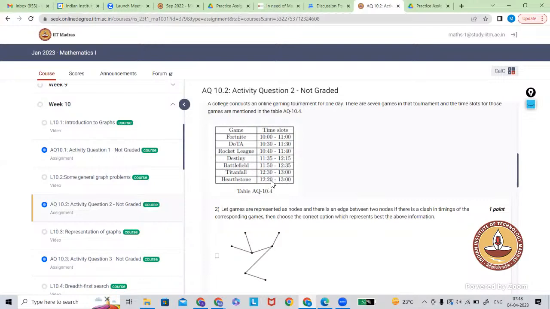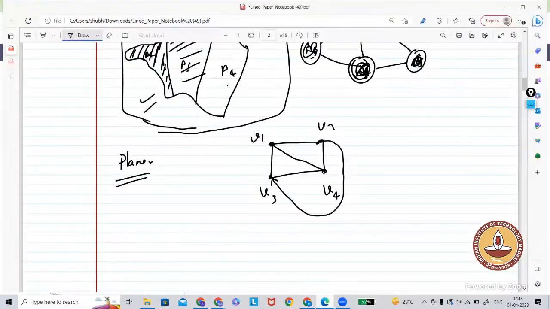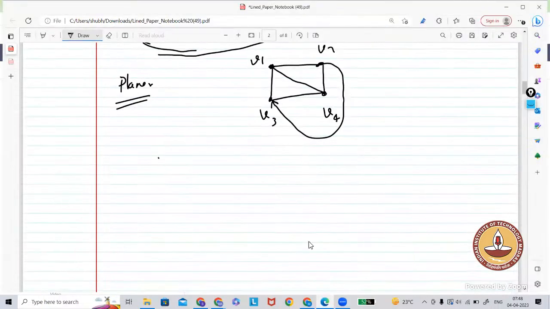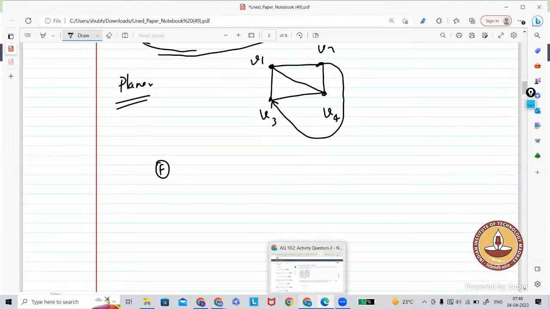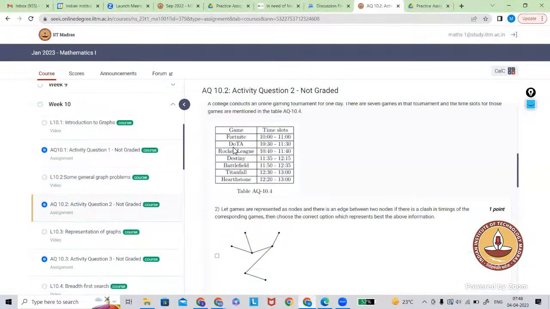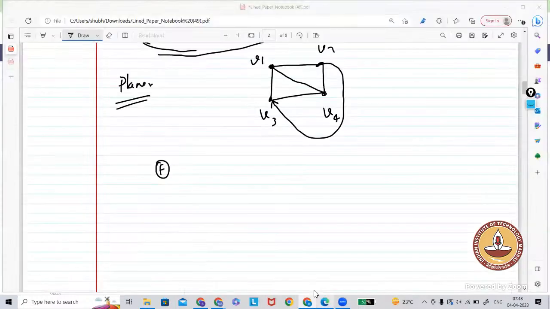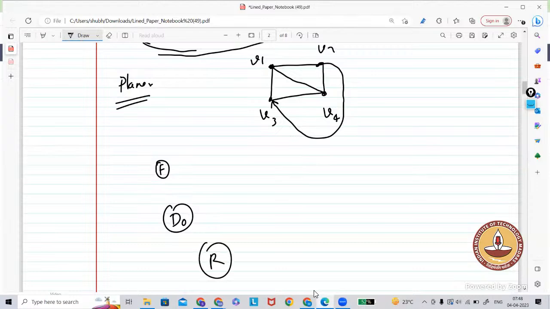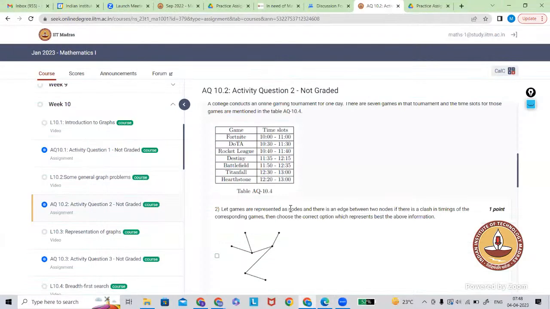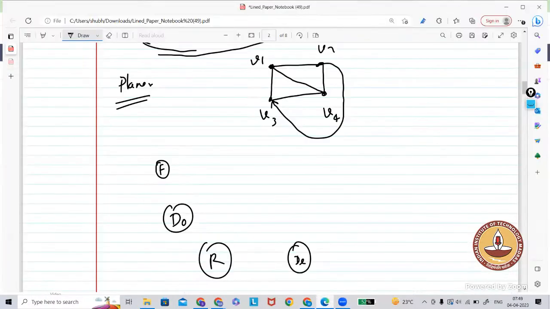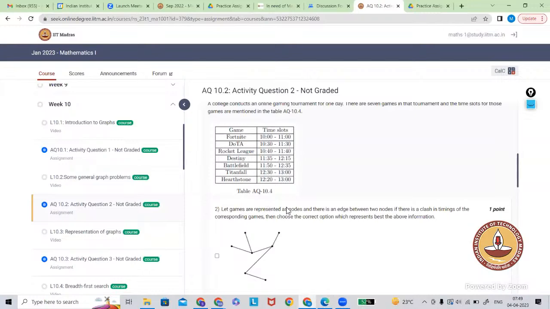Okay, so we want to draw it as a graph. So how will we draw this? Let's say I draw it. What are the vertices here? Let's say the nodes are Fortnite (F), Dota (DO), Rocket League, and Destiny (DE). And a Battlefield is there,